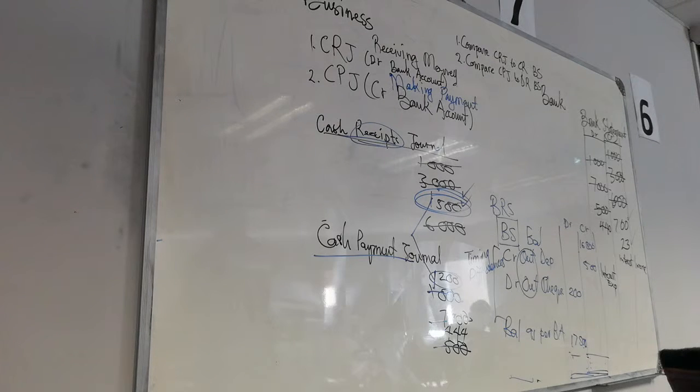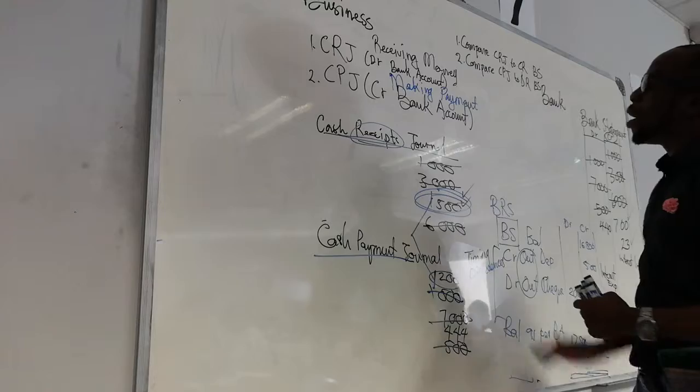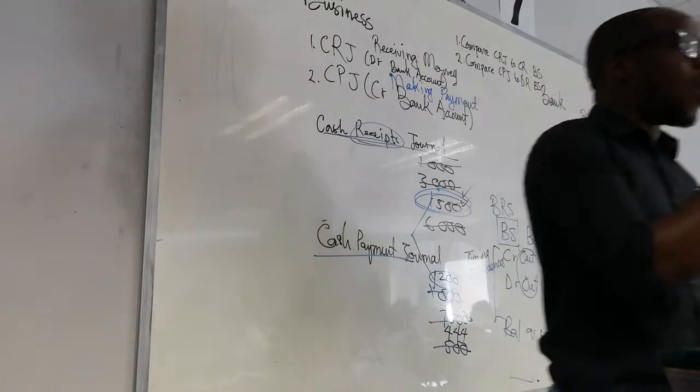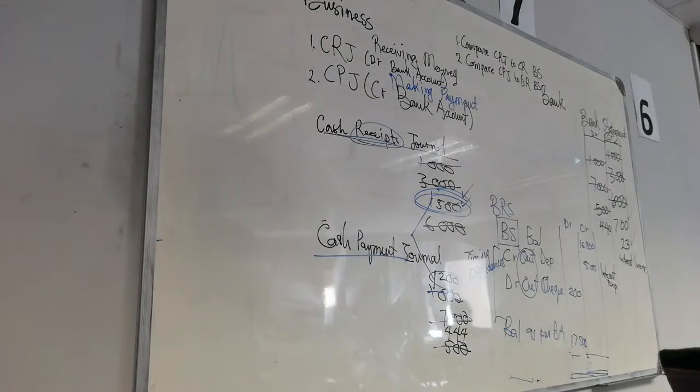We call those kind of differences. Everything that happened at the bank, whether they received the money on your behalf or they made a payment on your behalf, we call those adjusting differences. That is the second group of differences that can be there. Adjusting differences. The bank knows about them, but the business is not yet aware of them. When we receive our bank statement, we call them adjusting differences because we are going to have to adjust our bank account. Are we together?